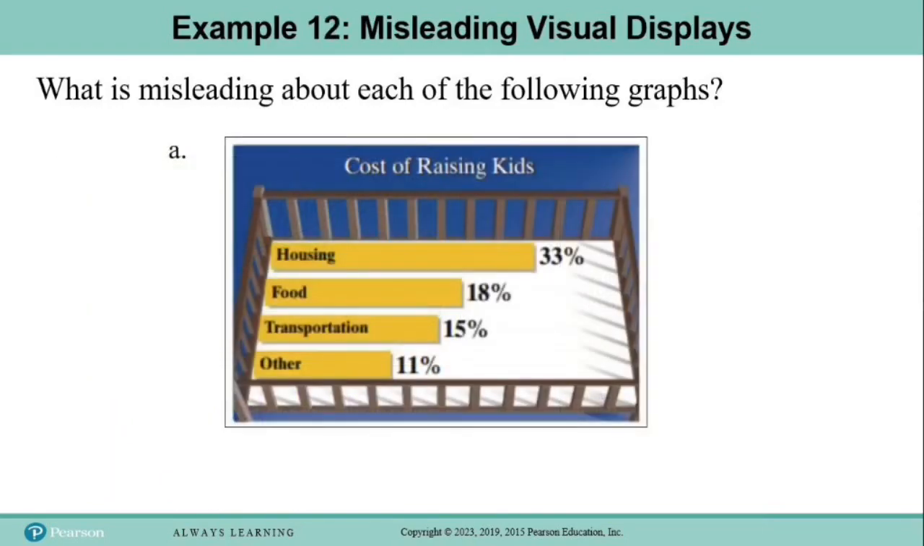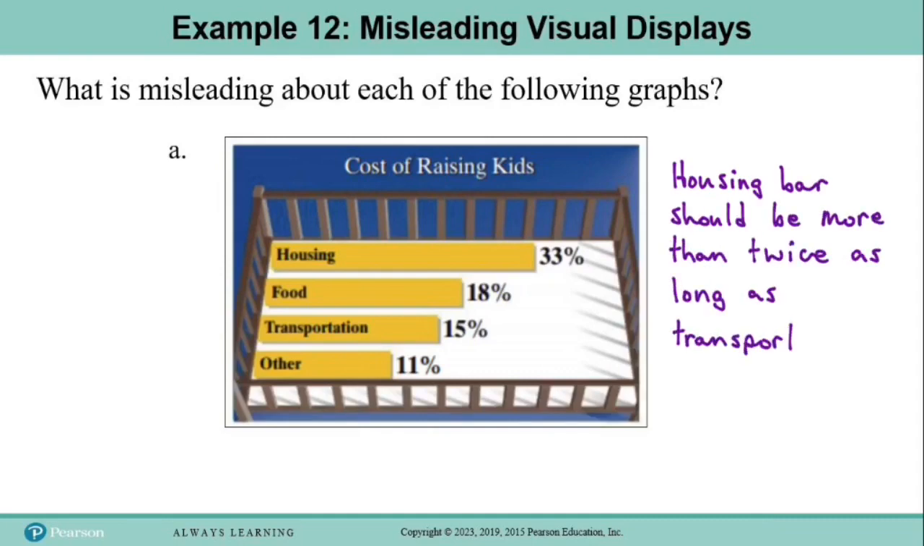Okay, here's something that we see in online news stories a lot, these what they call pictograms. So what's misleading about this one? Well, if you actually look at the percentages and think about the numbers, 33% is more than twice as much as 15%. So its bar should be twice as big, but it's not. So the difference between the housing cost and the transportation cost is actually much greater than what you can visually see here. And so let's just say that the housing bar should be more than twice as long as the